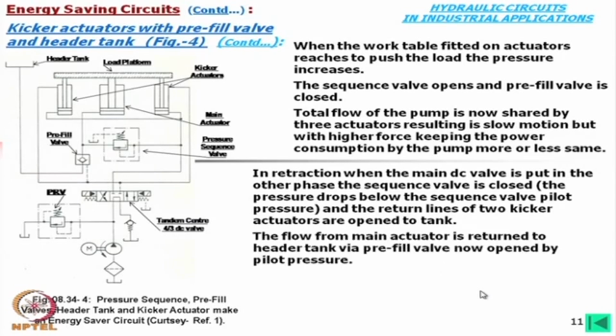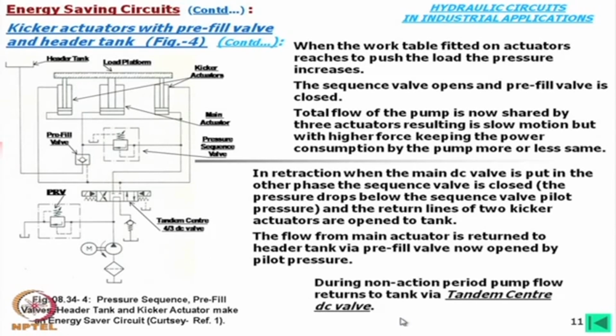The flow from main actuator is returned to the header tank via pre-fill valve, because now this is actuated, and then oil is again going back to the pre-fill header tank. So, this pilot pressure will open this one, but this path is closed. So, oil has to go back to the tank, there is no way. During non-active period, pump flow returns to the tank via this tandem valve. As this is a tandem valve, when it is in neutral position, all the oil is going back to